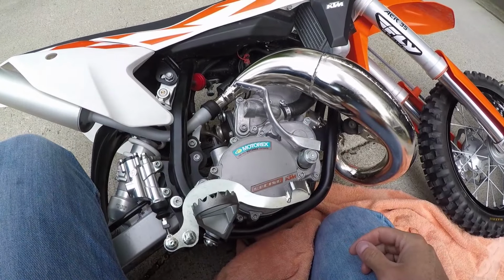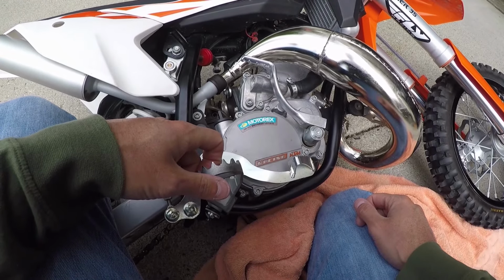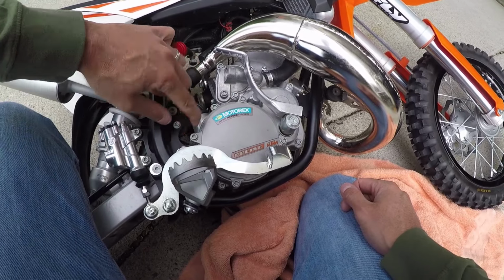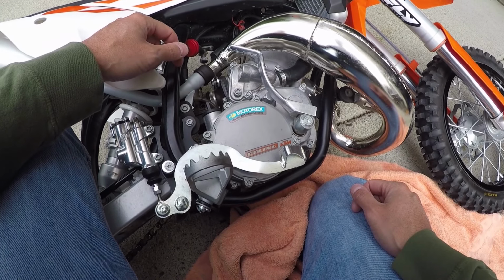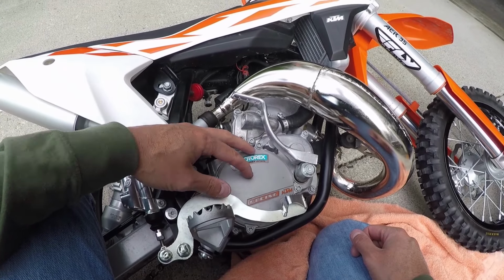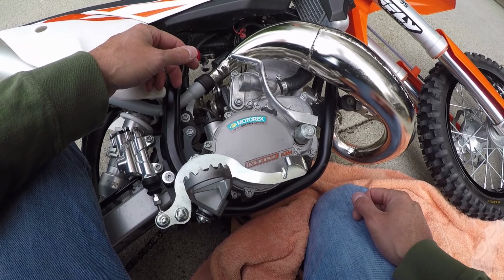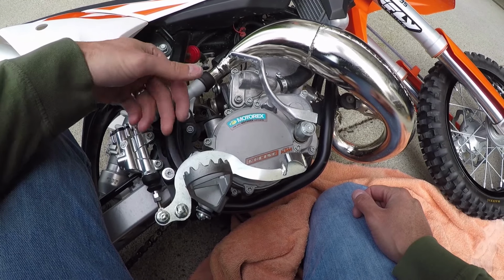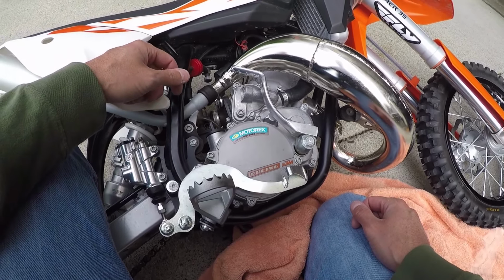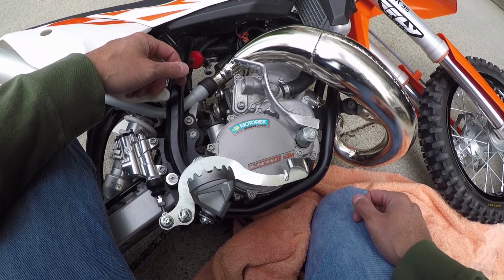Right, and just like that, your clutch has been adjusted. You can get up, try the bike out, and the great thing is if you need to adjust it again, go down or up a level. You can lay the bike on its side. You don't necessarily need to drain all the gear oil out, and makes it really simple to adjust on the fly. You can do it at home, you can do it at the track, and you can keep an eye on your kid's ability level and the RPM